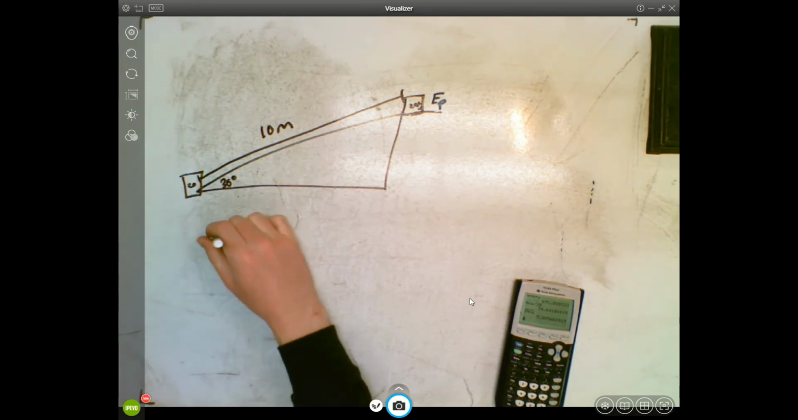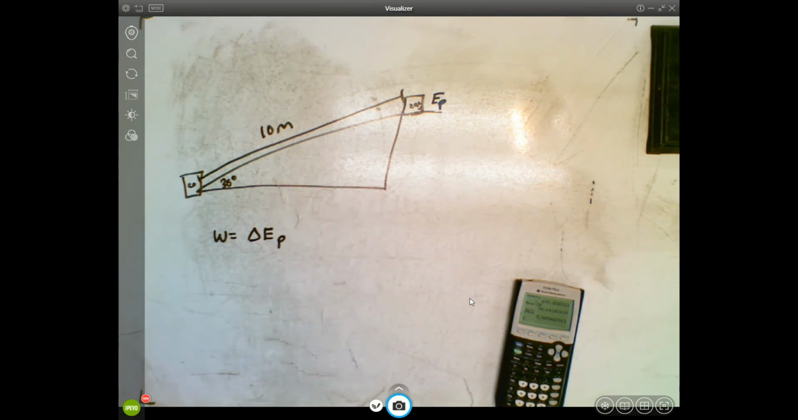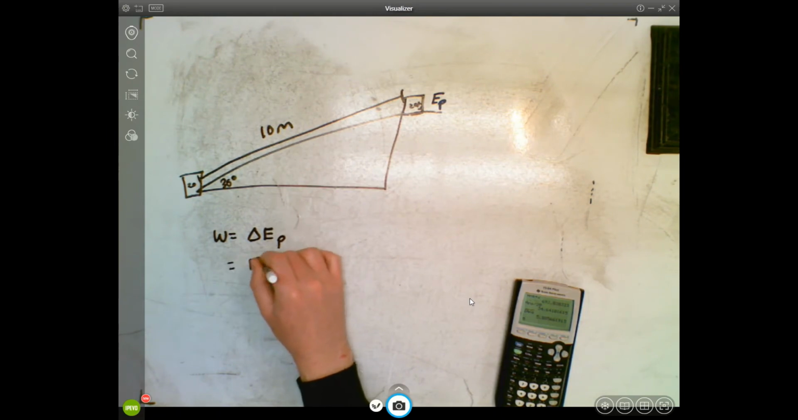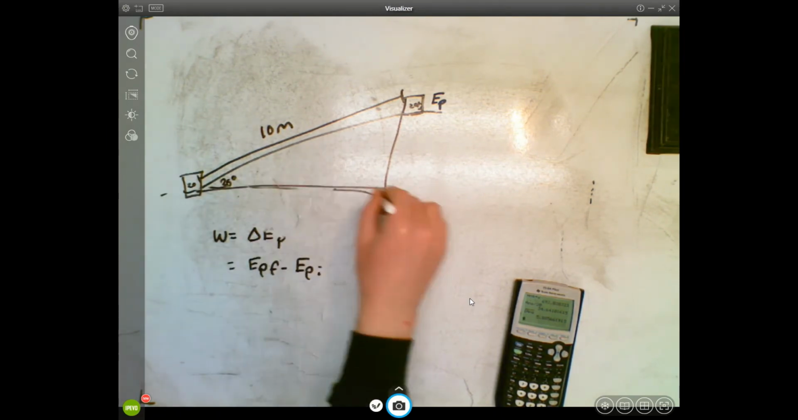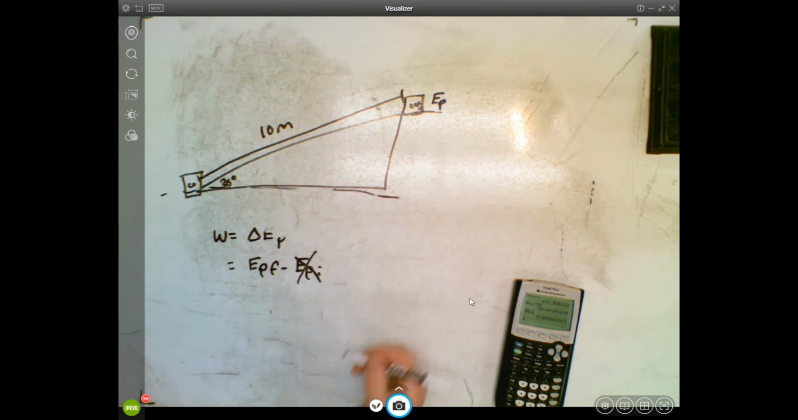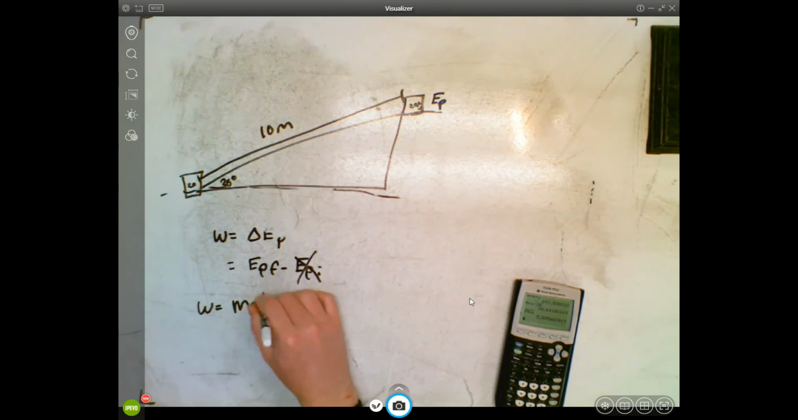So we can say that work equals our change in potential energy, where our EP final minus our EP initial. Well, here I'm on the ground. The ground is my reference point. I have no initial potential energy, so my work is going to be equal to mgh final. So we know this is 20, we know this is 9.81, but this height here,